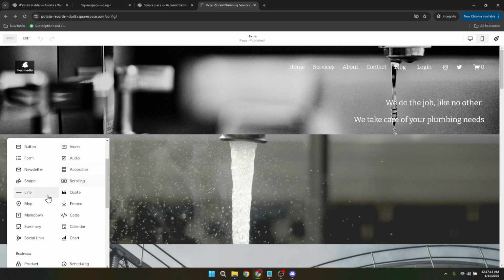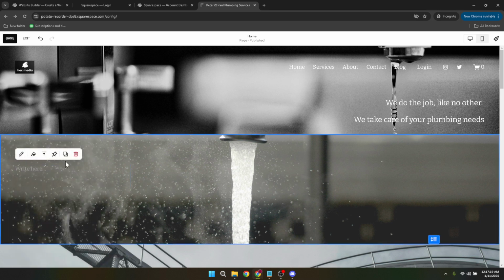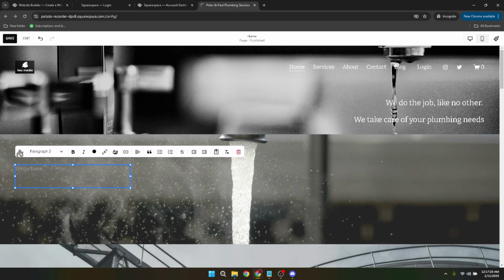Upon selecting the Content Link option, a pencil icon will appear. This icon is crucial as it allows you to edit the link settings. Go ahead and click on the pencil icon and you'll open a window with several options.